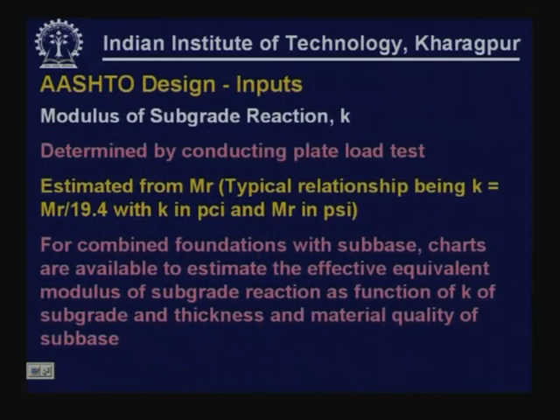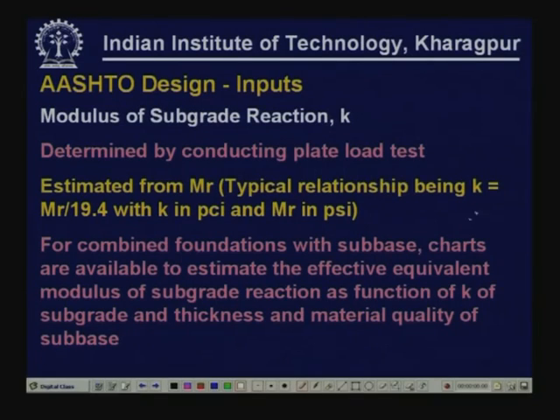PCI. The modulus of subgrade reaction K has to be determined by conducting a plate load test. It can also be estimated from the resilient modulus value of the subgrade material if the resilient modulus value is available. It can be obtained as K equal to MR by 19.4, where K is in PCI and MR in